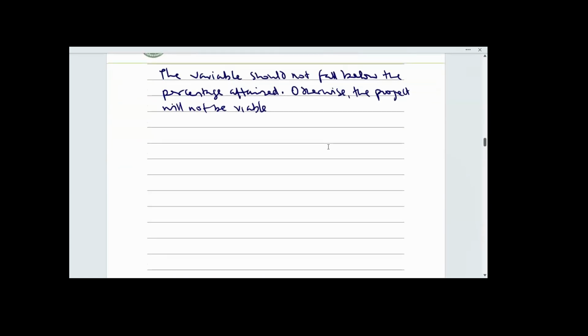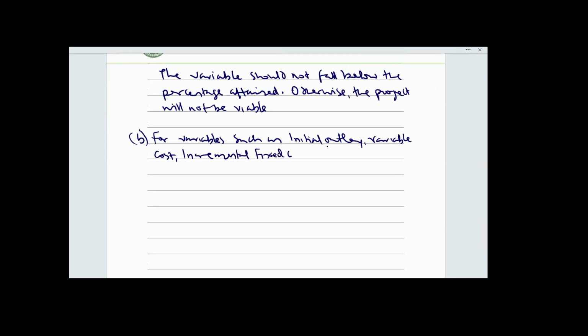All right. Then number B, for variables such as initial outlay, variable costs, incremental fixed costs, and cost of capital,